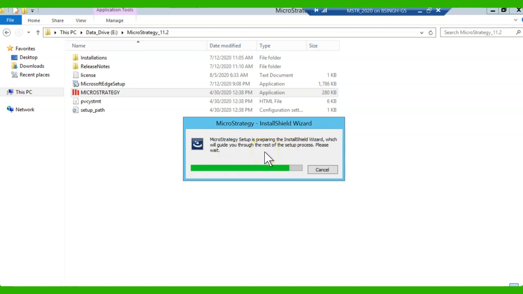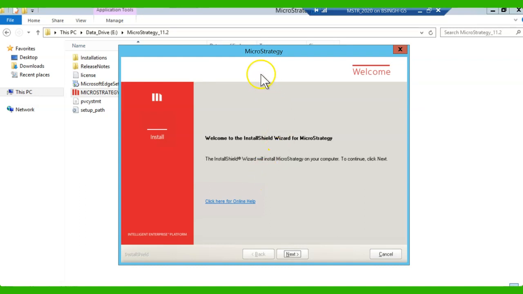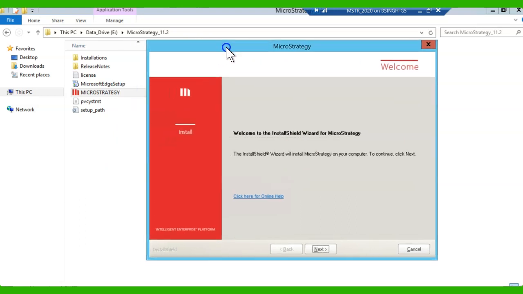It will give you multiple options, a lot of features, and you can select whatever you want as per your requirement. But in this exercise, I'm going to install all except the SSL certifications. On this box, I'm going to install the web server, intelligence server, Narrowcast Server, everything on this single box. So make sure you have enough RAM and hard disk in your system to process this. Otherwise, your system will hang.